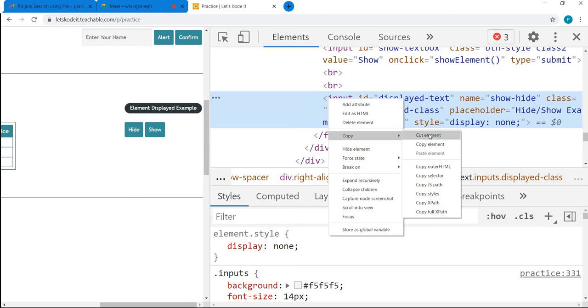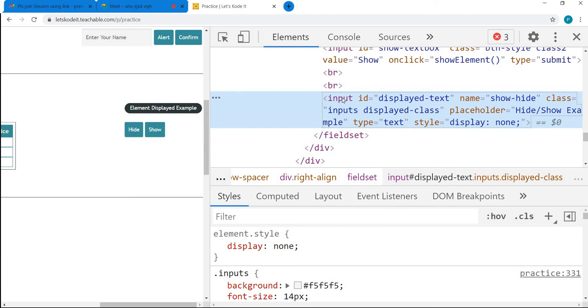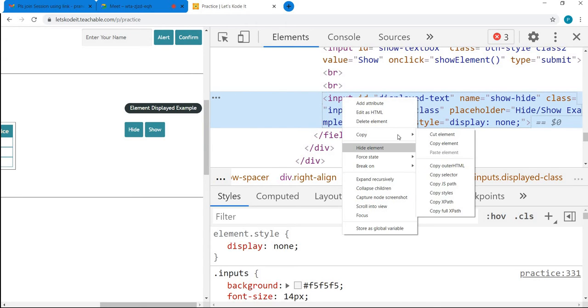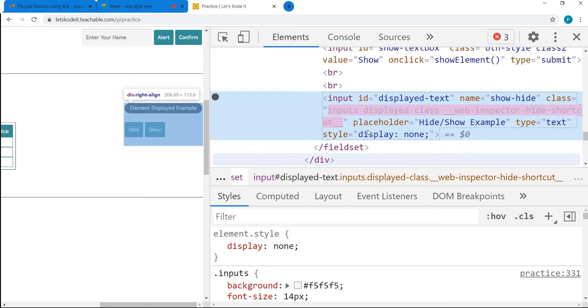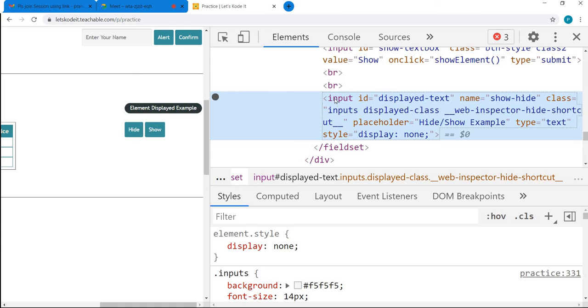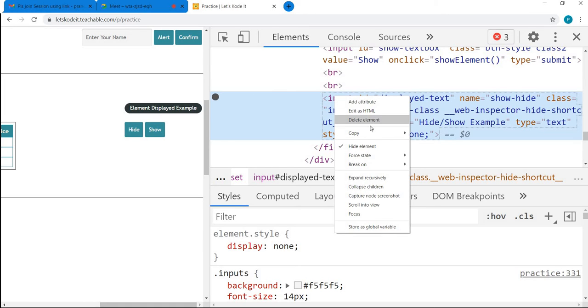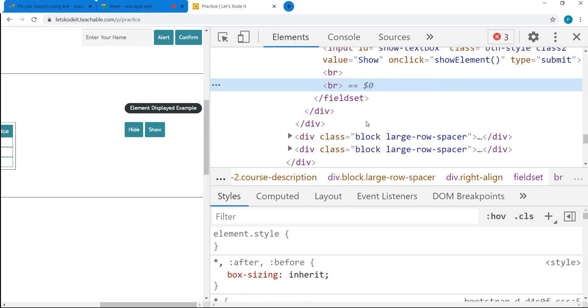I'll say cut, or delete. If the element is removed altogether, like this. Let's assume that when we click on hide, the element is removed, and when I click on show, the element is added again to the DOM of the page.